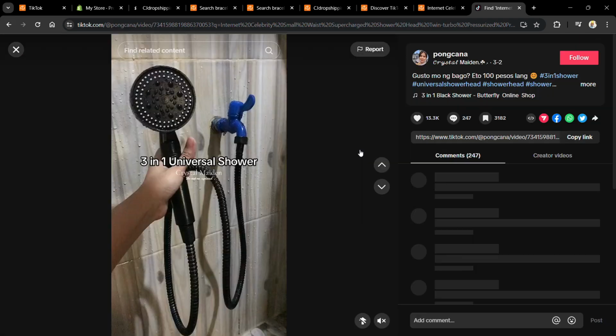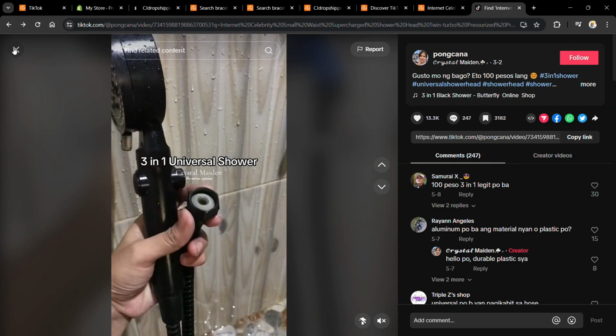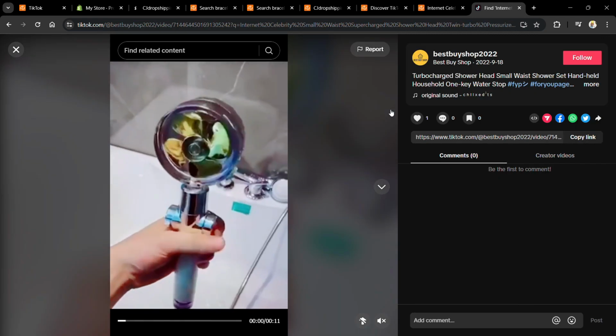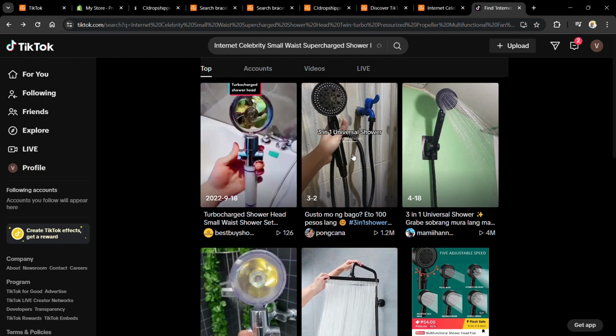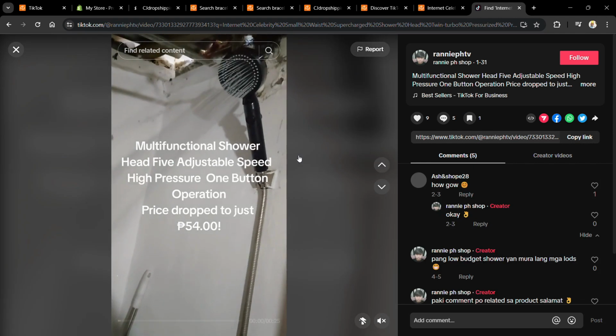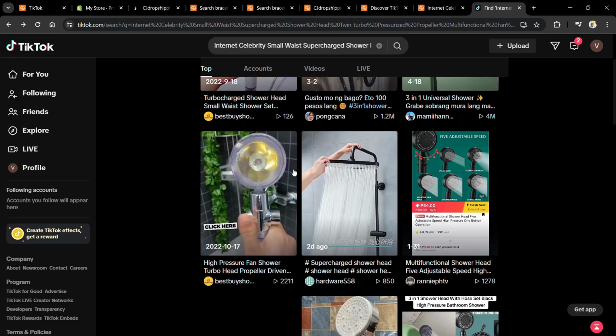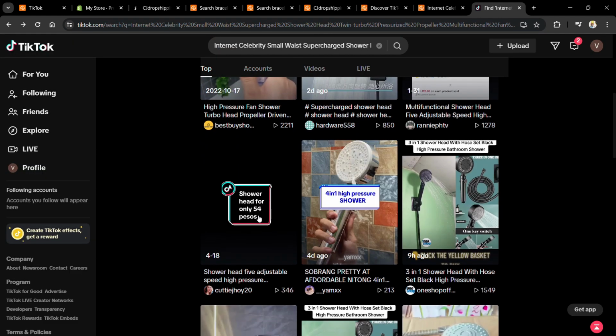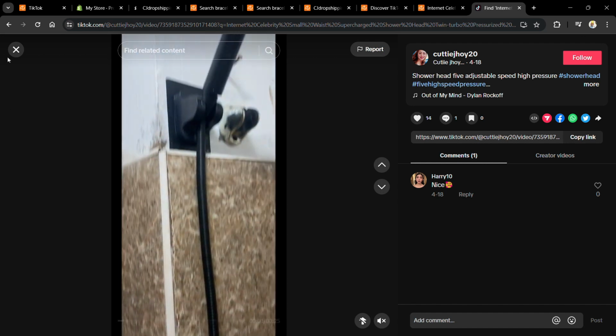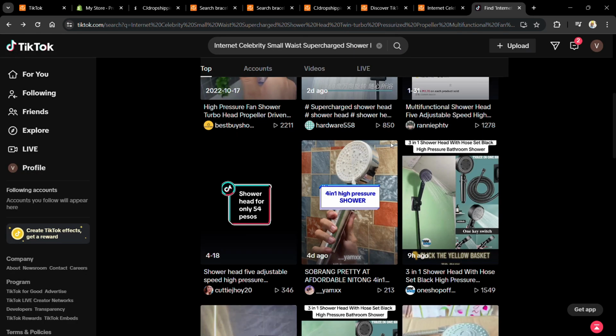Scroll down to explore the platform. Create a video to market your product, similar to those you found. Add a link in your video description that directs customers to your Shopify store. Simply copy the link of your Shopify store and then paste it on the caption of your video or even on your TikTok account bio.